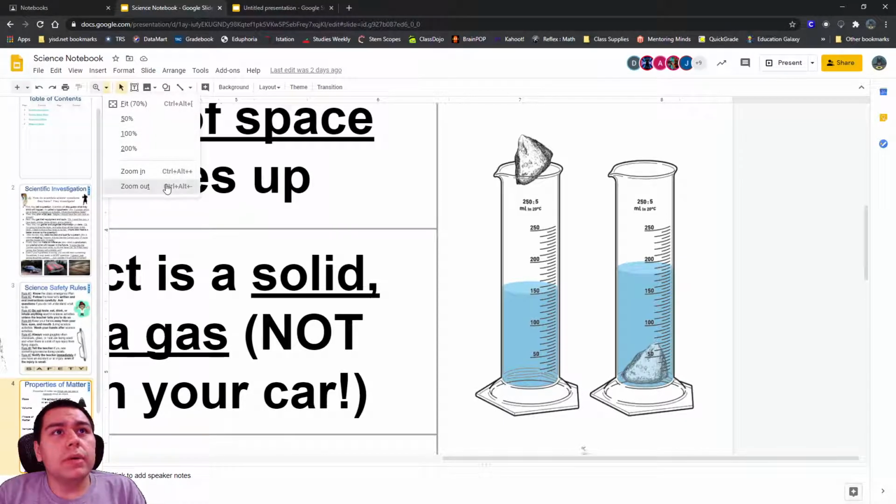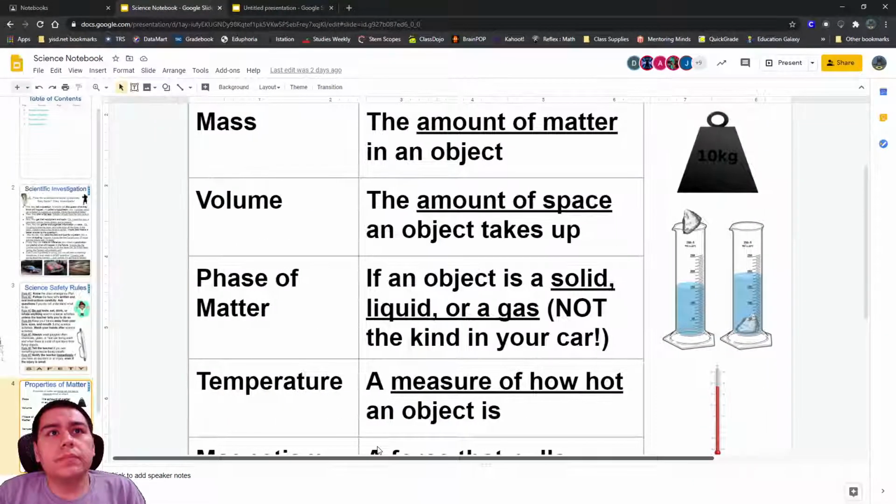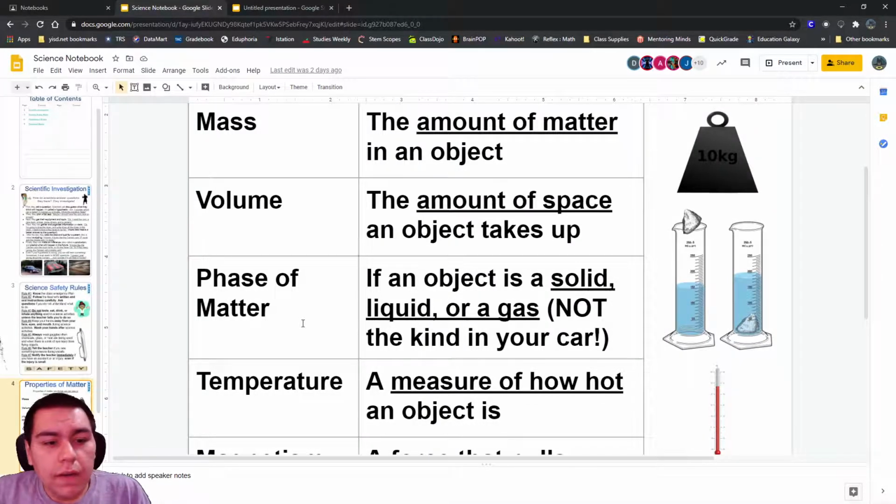All right, let me zoom out a little bit. Okay, phase of matter. For phase of matter, we're going to talk more about it a different day. But